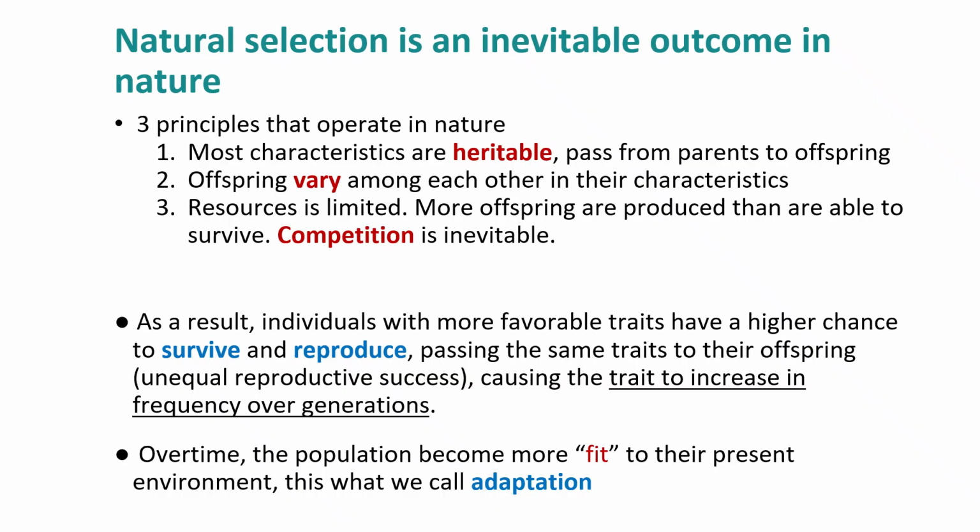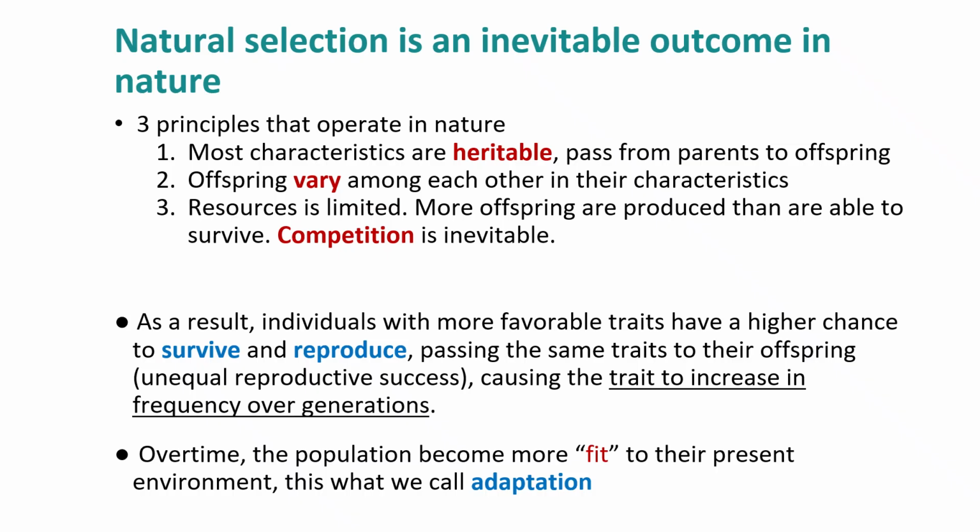So, for example, if a population contains individuals of various heights, again, some are tall, some are short, and we see tall parents that generally give birth to tall children, short parents giving birth to short children. Let's say the environment this population lives in has big monsters that will hunt humans, right? So the problem is that many of the hiding places are really tiny, and tall people would have a hard time squeezing themselves in, right? If they're in the bushes, their legs and their head are going to be sticking out. Therefore, they're going to tend to be captured and eaten by these monsters. So as a result, more short people are going to survive.